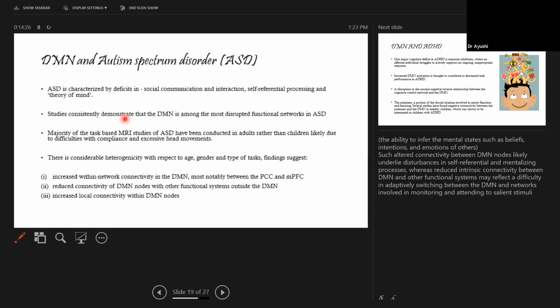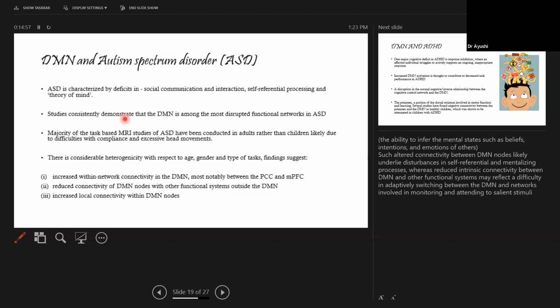Now, studies have suggested that the default mode network is the main network which is affected in autism, ASD. The majority of the functional MRI studies in autism spectrum disorders have been done in adults, because there have been difficulties in compliance with children, and excessive head movements have also been there. So most of the studies have been done in adults, and hence there is considerable heterogeneity with respect to age, gender and the type of task which is